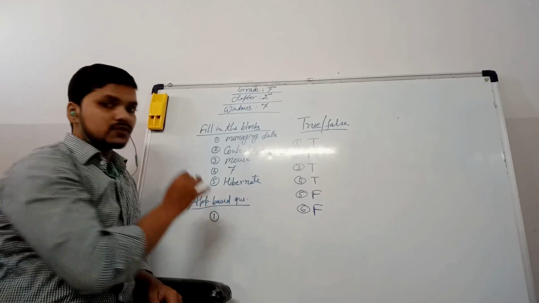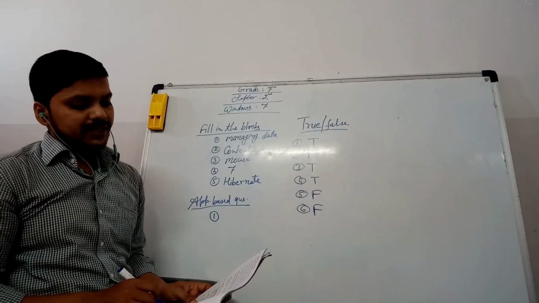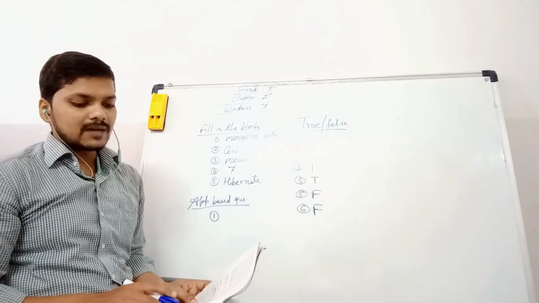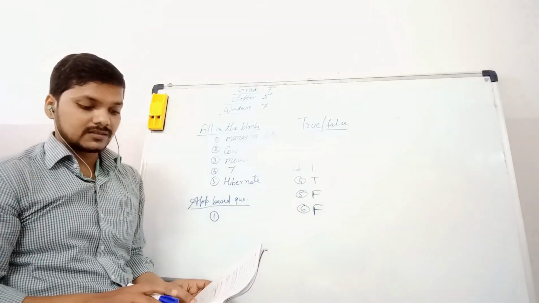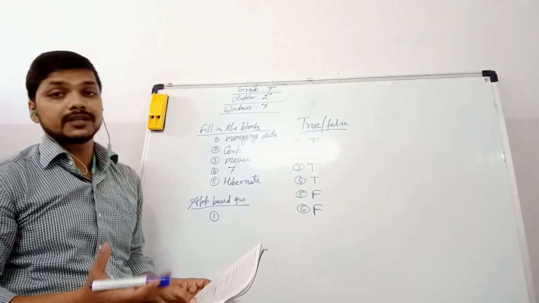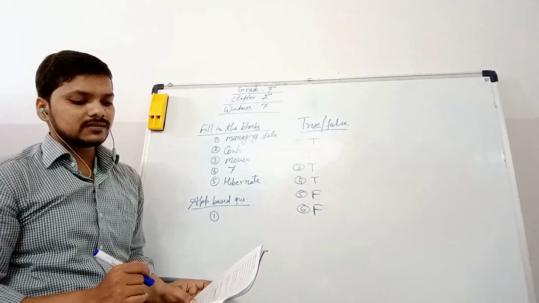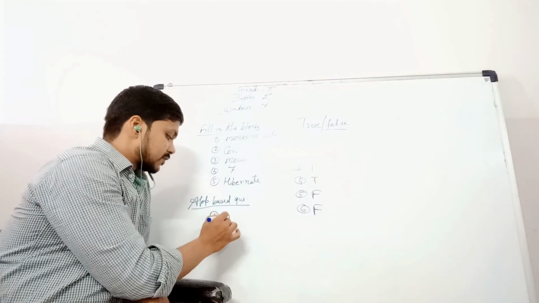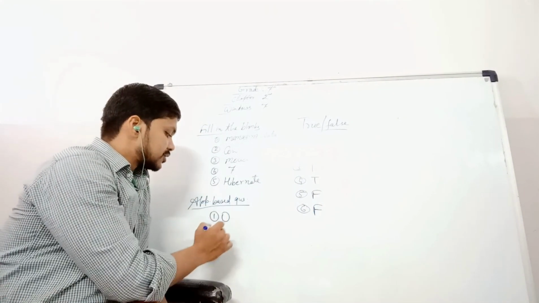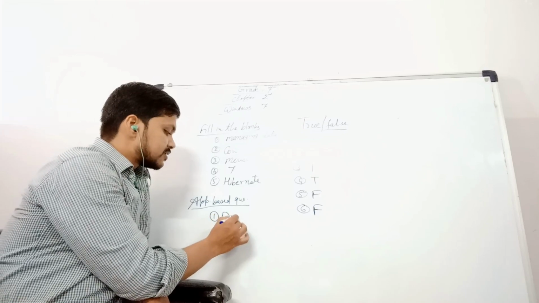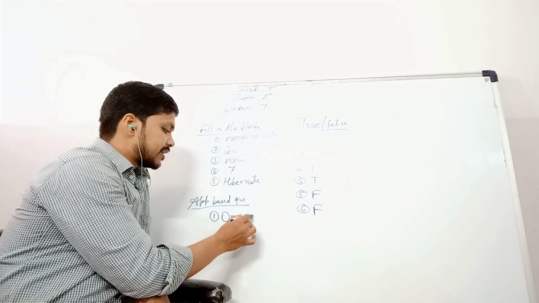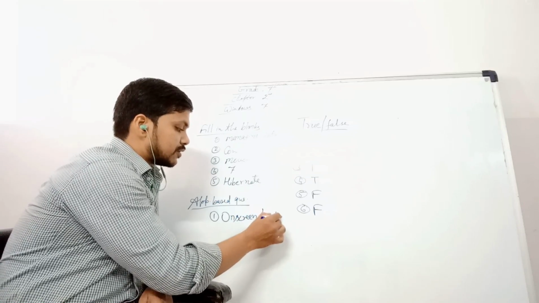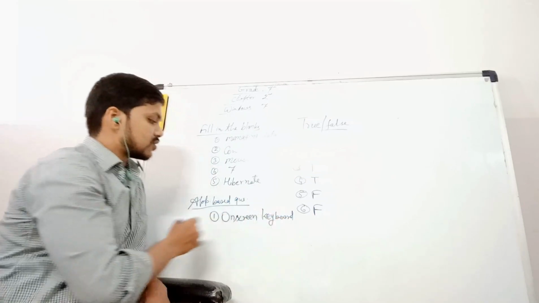So first one is what? Ritu has to complete her assignment and submit it on the next day. While typing, all of a sudden the keyboard of the system stopped working. Suggest to her the alternate to complete the assignment. So she should use here what? If her keyboard is disturbed, she should use the on screen keyboard. So we have to write here on screen keyboard. This is the first answer of the application based question.